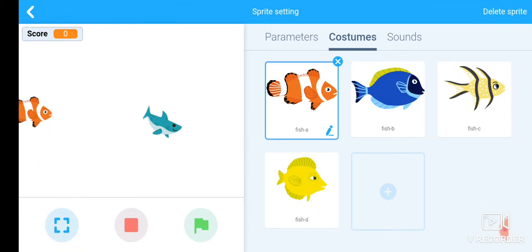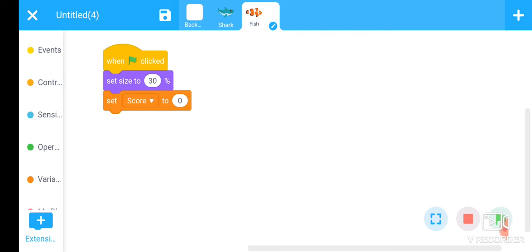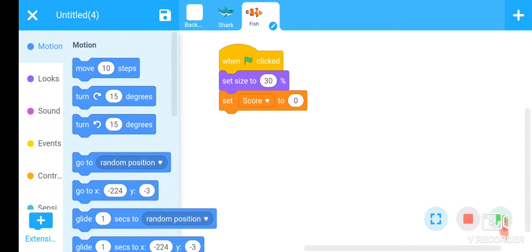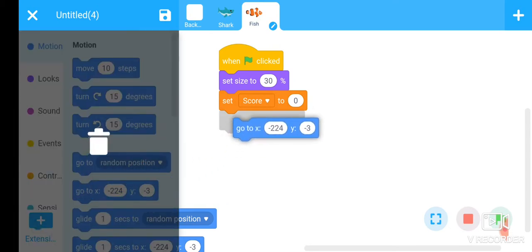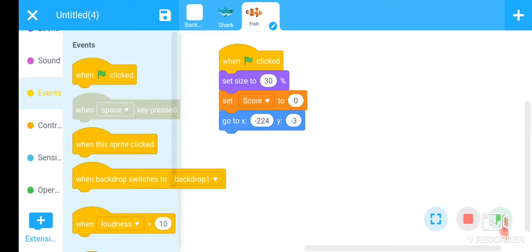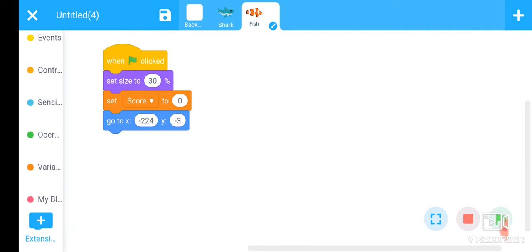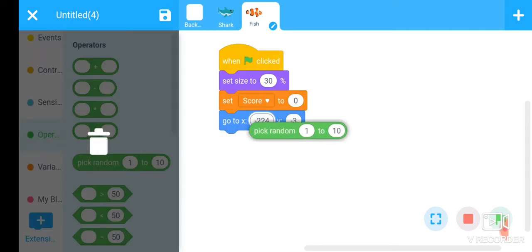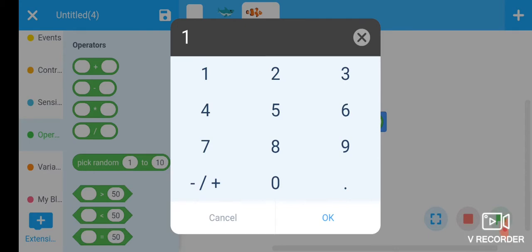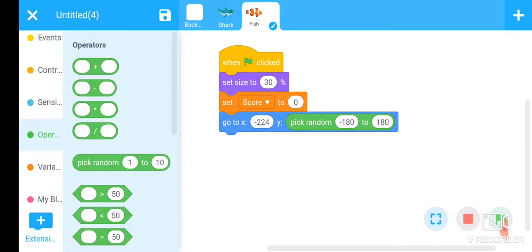Okay, go to motion section, use this command here. Y value is random from minus 180 to plus 180. Fine. This is the position.